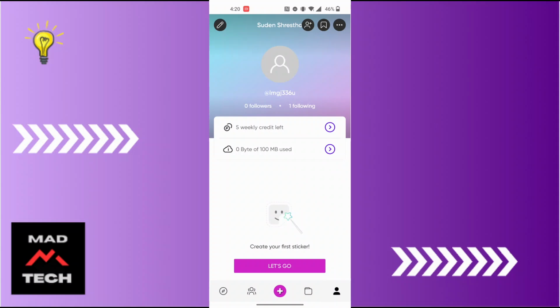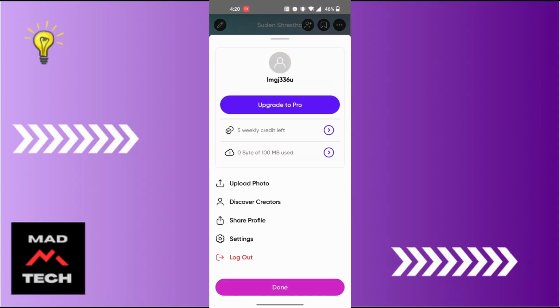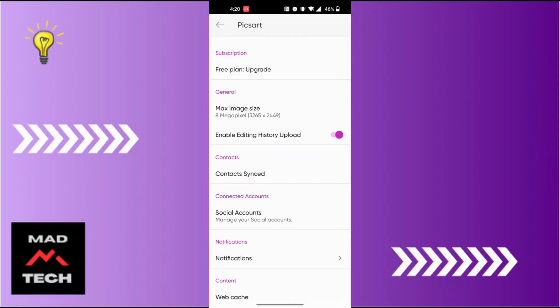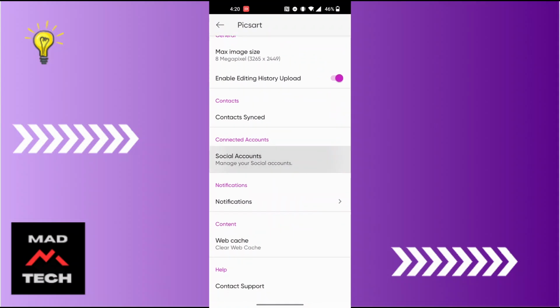And on this interface, at the top right corner of the screen, you can see the three dotted icon available for us. Tap on the three dotted icon at the top right corner of the screen and tap on the settings button over here just below the share profile. Tap on settings, and over here you can see the social accounts option available for us just below the connected